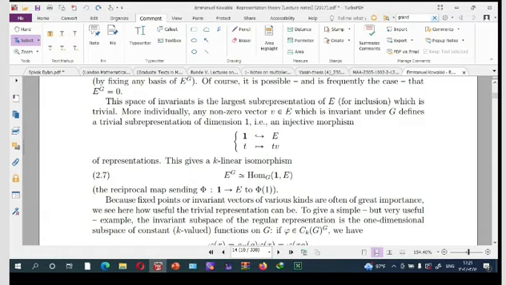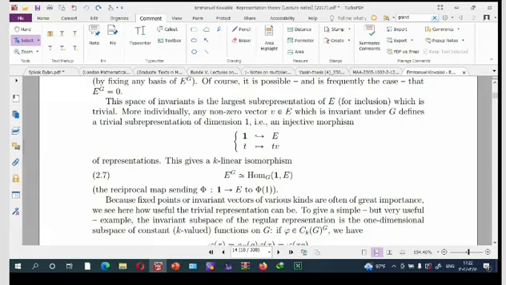And also any homomorphism indicate an element of E^G,